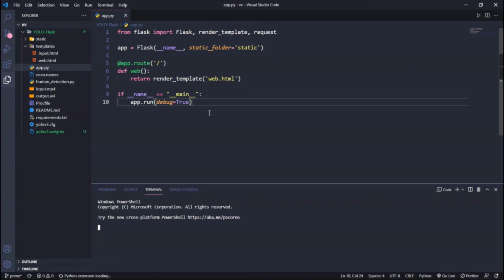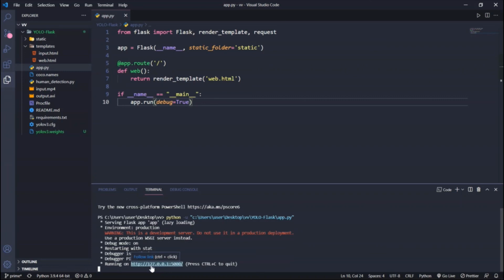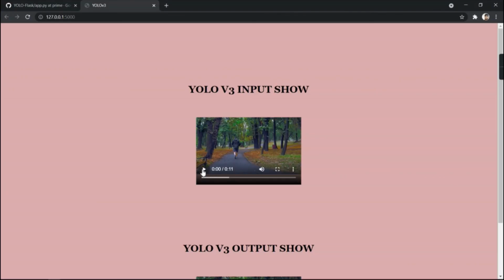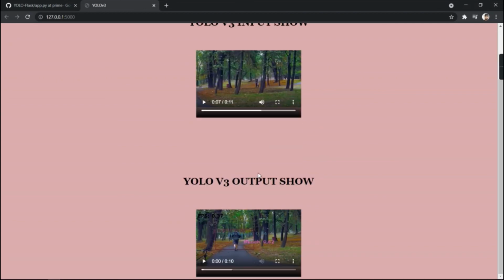You can see at the bottom side there, it will say to press Control plus C like this. So let me click on this. Okay, so this is our output and this is our input video that will look like this. Yeah. Okay, and this is our output.